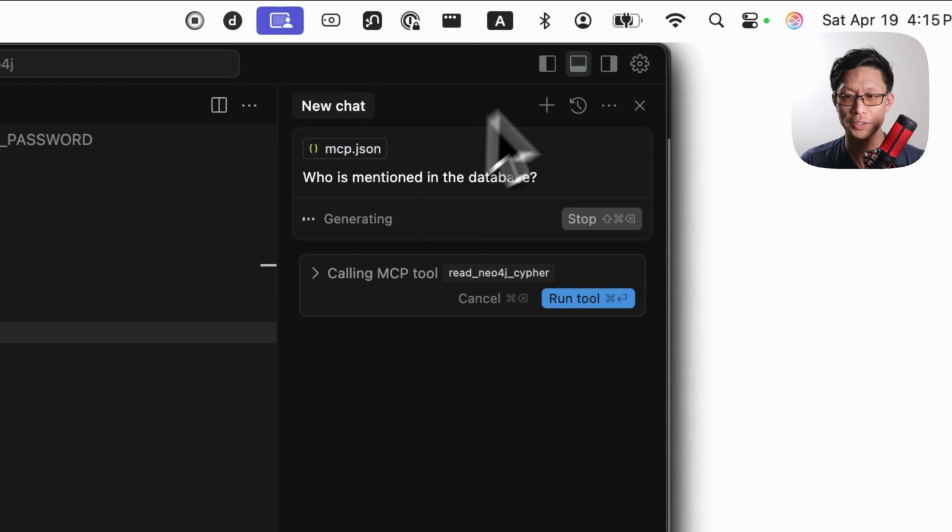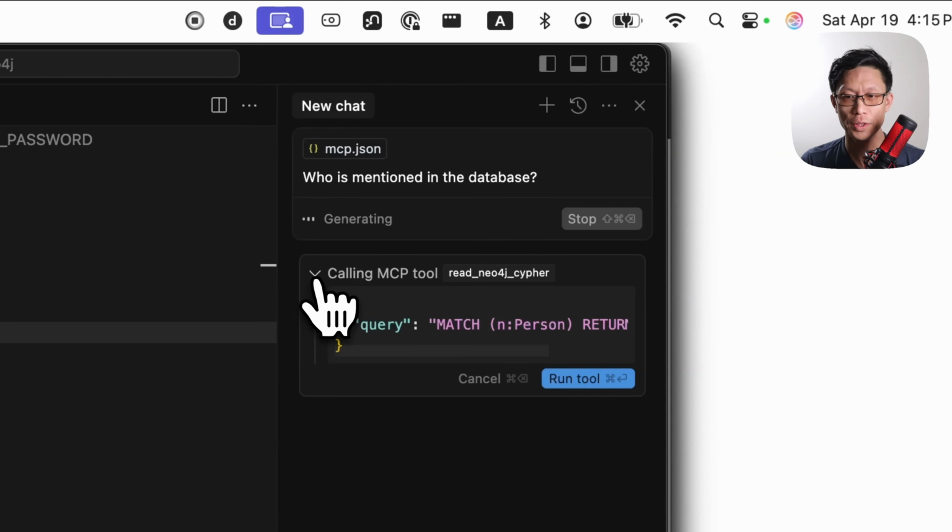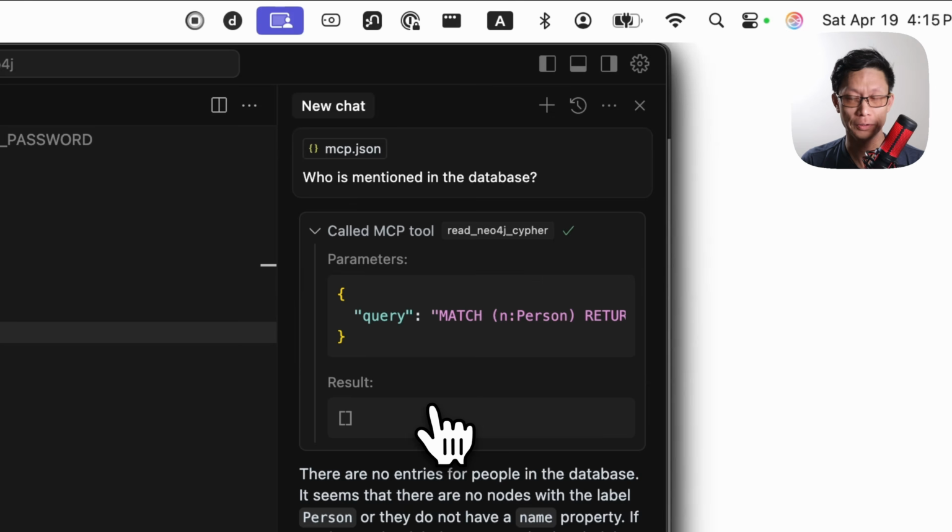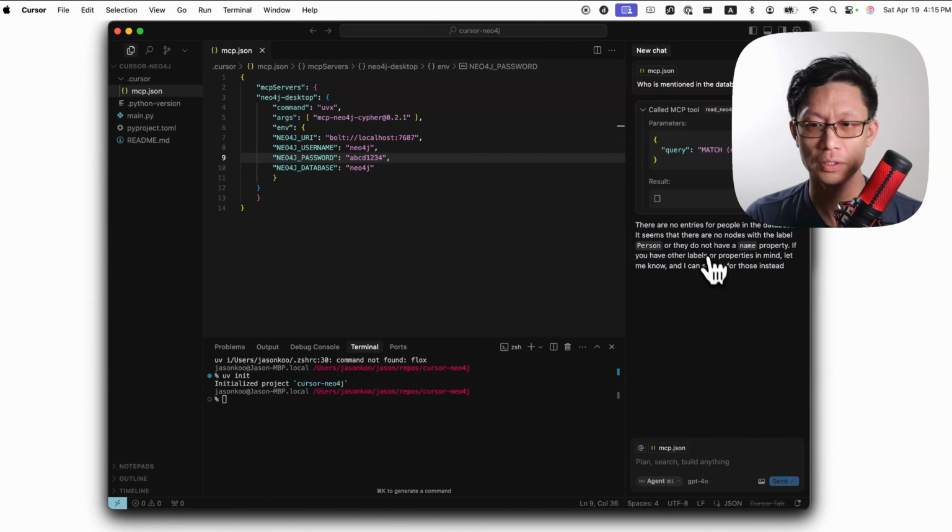Here, Cursor realizes that it needs to call the Neo4j MCP server. One thing to note is anytime it wants to, you're going to have to click on this run tool option by default. Now, if you don't want to click run tool every single time, let's see, just a moment. There are no entries for people in the database. So here,